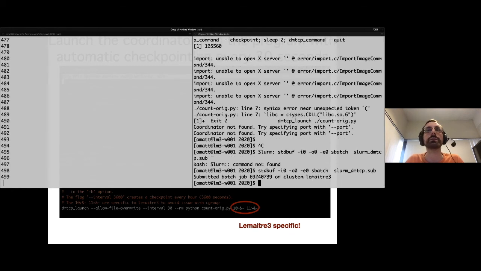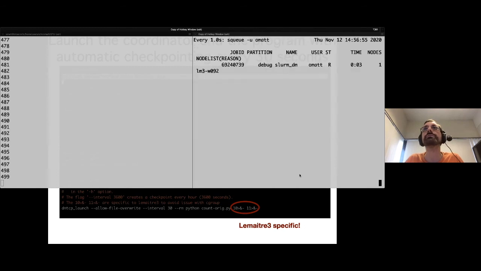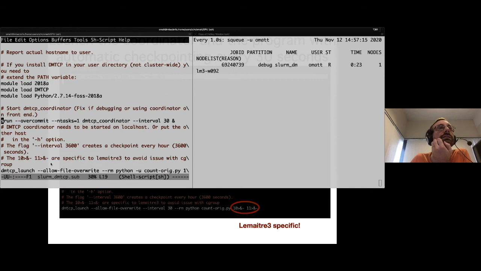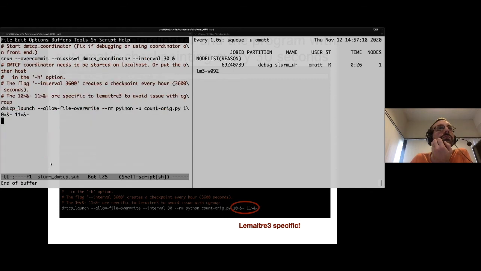So I'm running it already. I'm going to print the watch. It's running, and then I'm going to present it to you. So I submitted slurm_dmtcp.sub. And that's exactly the same file that you've seen on the screen. Loading the DMTCP, this line to launch the coordinator, and then this line to launch the program itself.